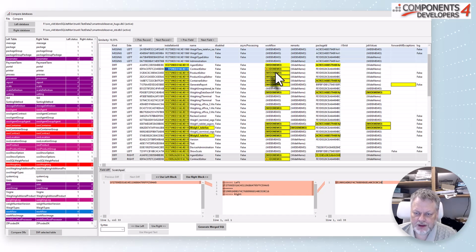But it might be that we have some things that should be shared between them, or some things that have been changed in both databases. For each of the customers, we have gotten wiser and figured out how to solve some bugs in one database and some bugs in the other database, and then we need to merge that together for a new standard version or whatever we like to have in the future.